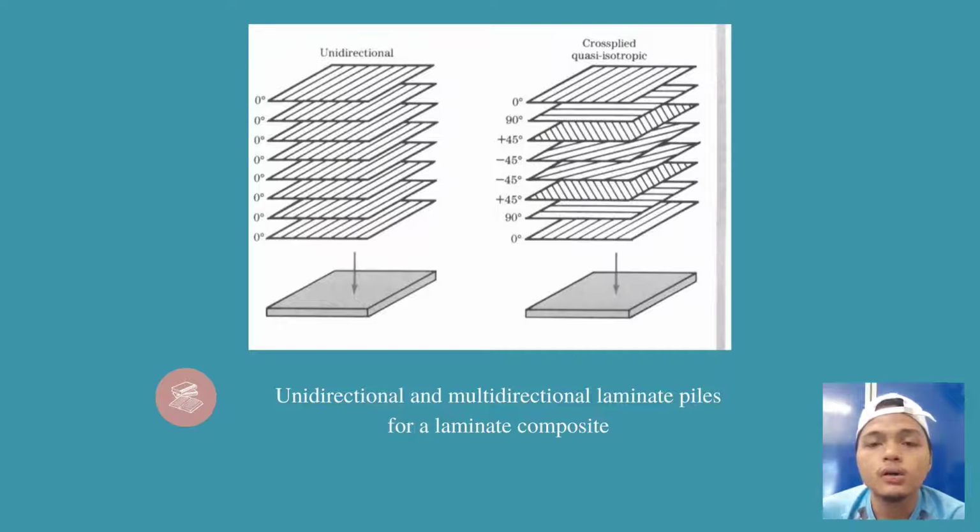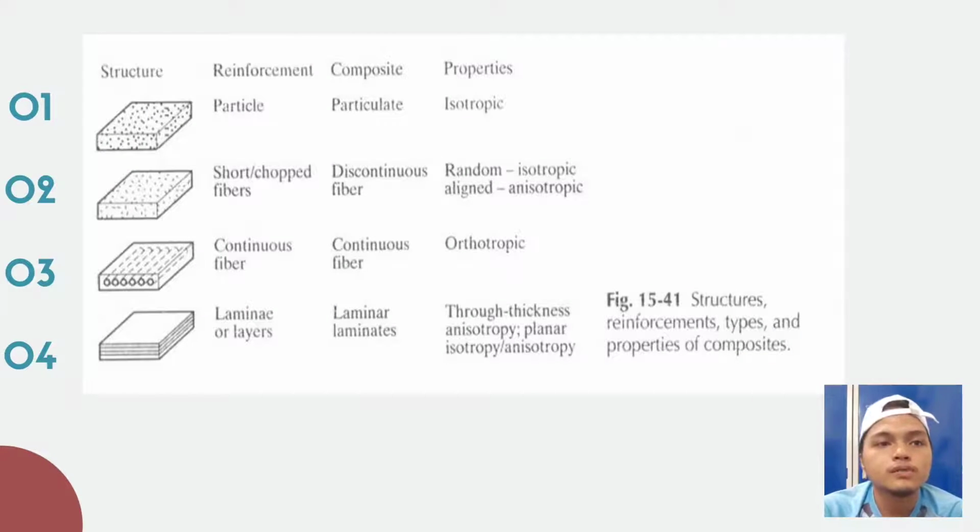Okay, so I will present to you unidirectional and multidirectional laminate plies for laminate composite. For the first structure, the reinforcement is particle, the composite is particulate, and the property is isotropy. For the second picture, the reinforcement is short or chopped fibers. The composite is discontinuous fiber, and the properties are random isotropy